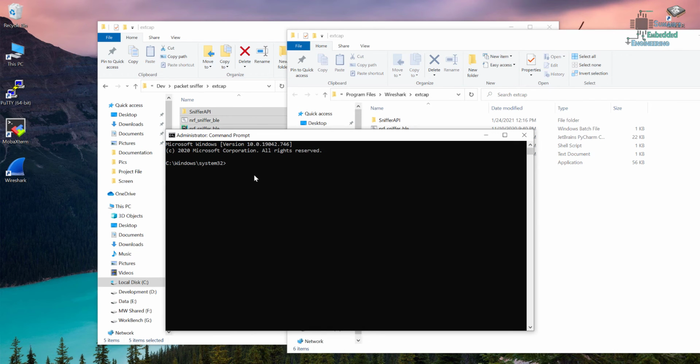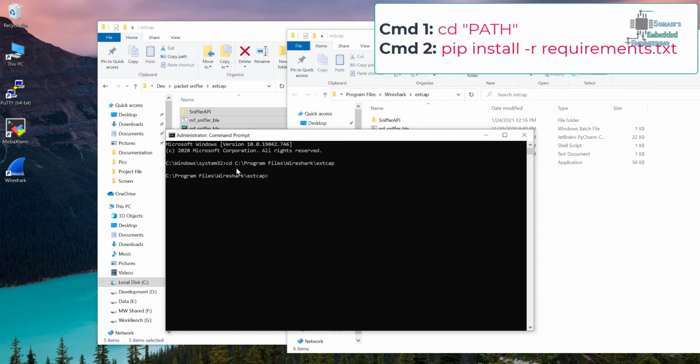And once this is opened, let's go to the directory extcap, and now we are here. Make sure your Python is installed and pip is also installed. So now we have to type a command here, which is pip